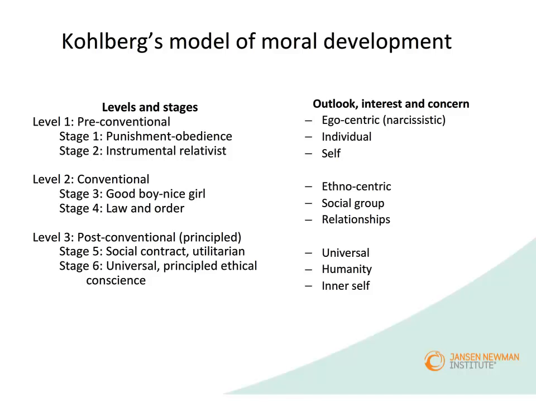there are 2 stages in that as well. One which is more a contractual kind of arrangement, where as an individual you contract with a society to behave in certain ways, what you do, what you won't do. The 6th stage, the last stage that Kohlberg posits, is this universal stage, which is about universal ethical principles. It's personal, it's about conscience, it's about your responsibility to yourself.